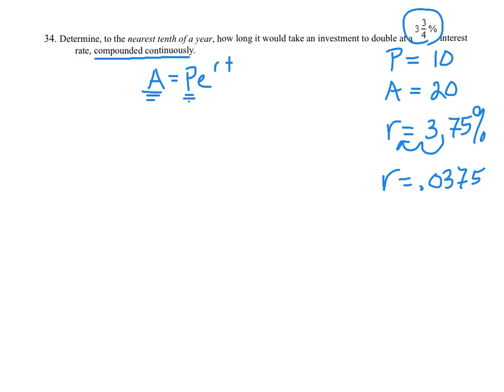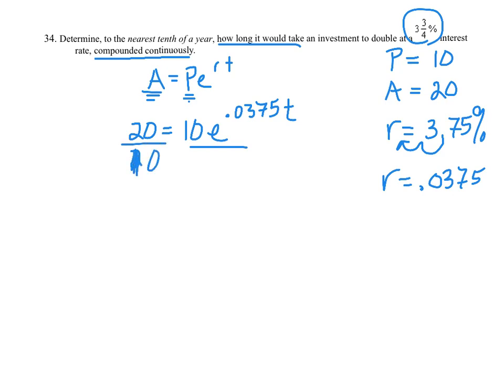All right, so let's plug everything in and see what we get. So, again, for A, I'm going to put 20. And for P, I'm going to put 10. You can put something else, but just make sure that your A is double whatever your P is. Okay, so then we have e to the r, which is 0.0375. And then we have t, because it's asking for how long it's going to take, and that represents time. All right, so let's start by dividing both sides by 10. I'll cross that out, and we'll get 2 equals e to the